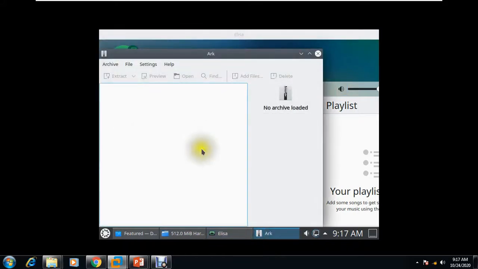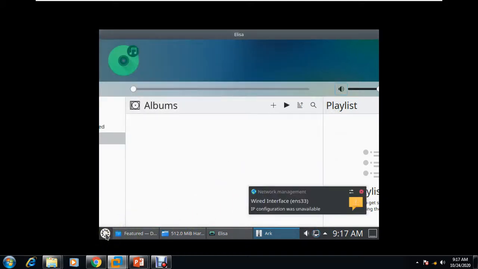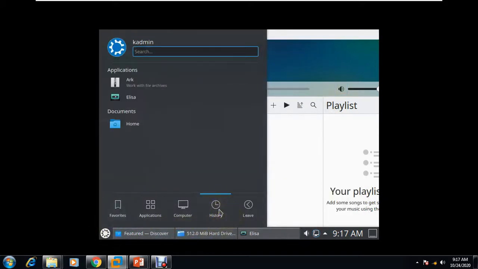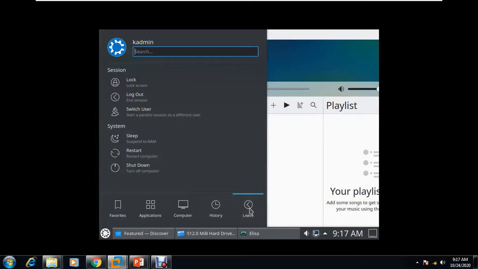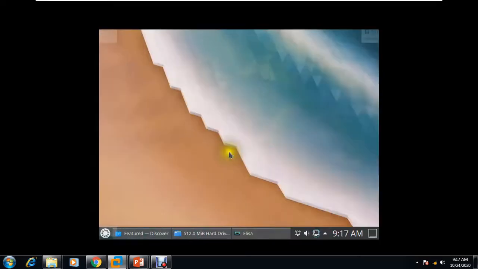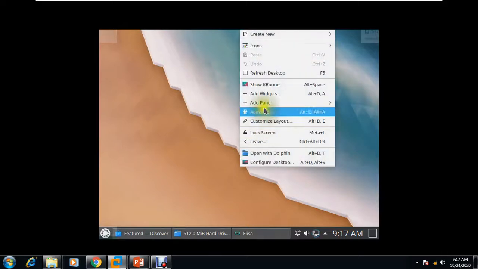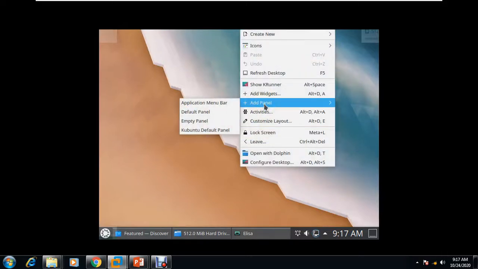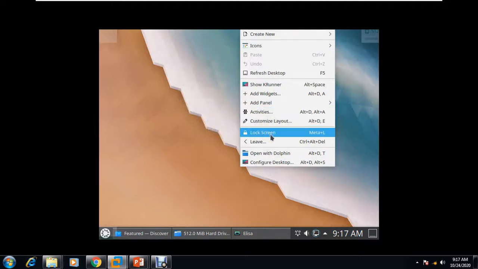Okay, and apart from this, you can see history, what you opened, and leave options, like shut down, restart, sleep, and switch user, log out. Apart from this, you can do a couple of things like change panel, and activities you can monitor. And guys, install it and try to explore each and everything. Okay, so in this video I just wanted to show you this much information, and I hope you will enjoy it. You will learn about